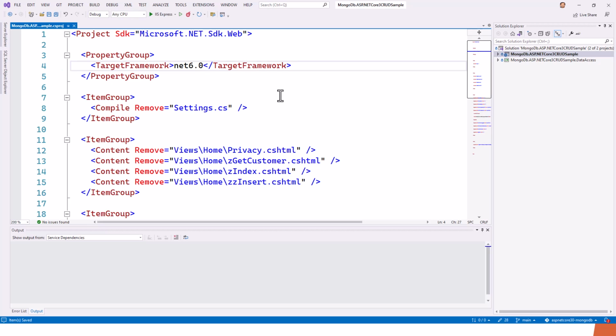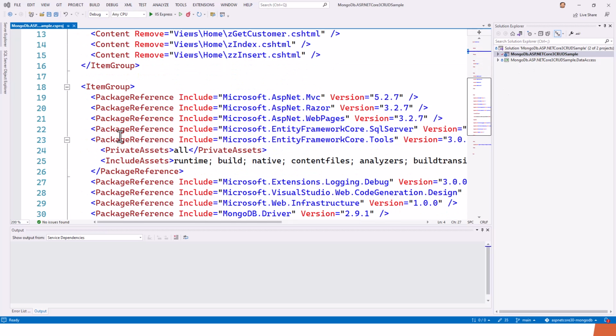Okay, save this. All right, now let me tell you the next steps. The next step is I'll have to check all the package references, the NuGet packages. So this is the item group. It has all the existing NuGet packages that I need to first delete and replace with the current version